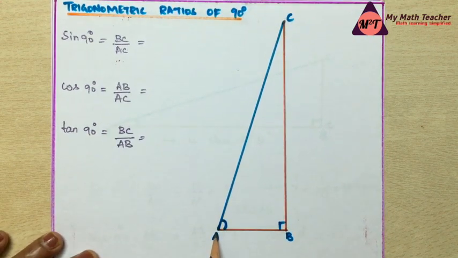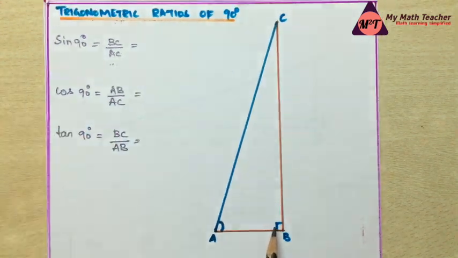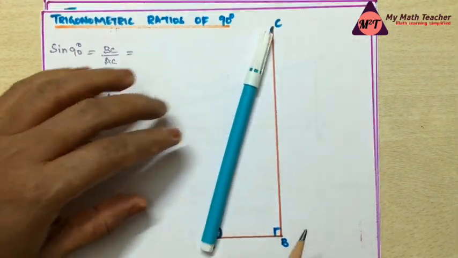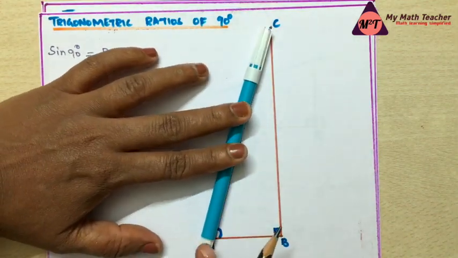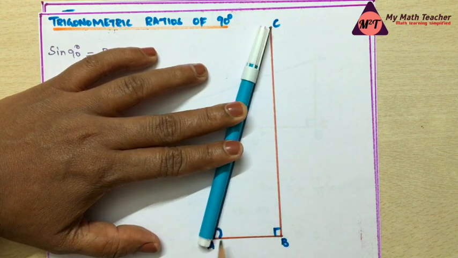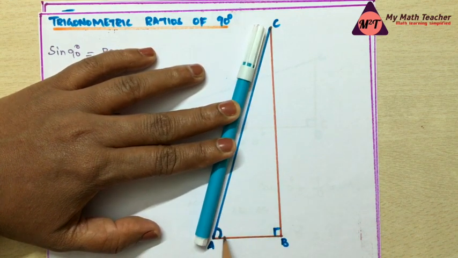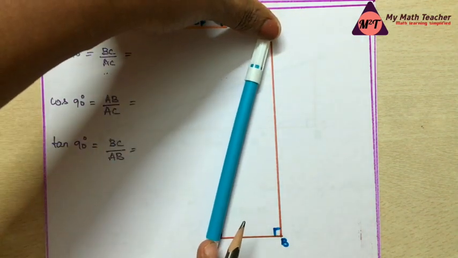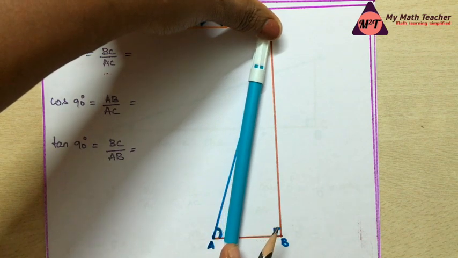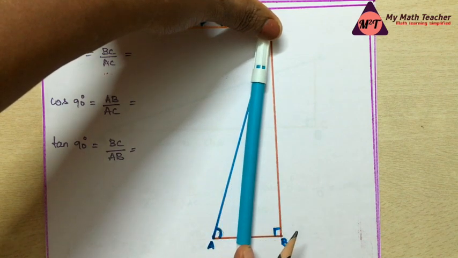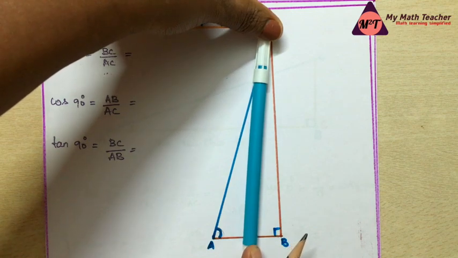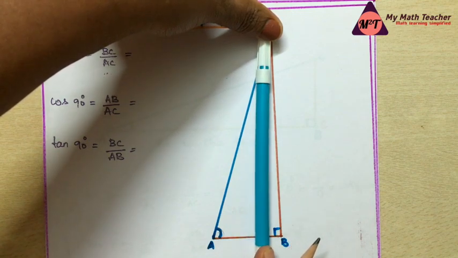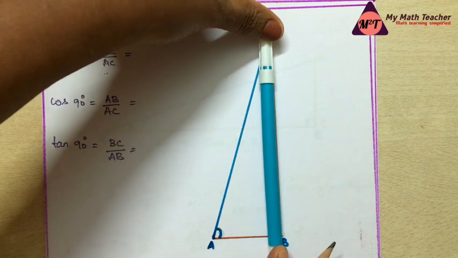So similarly, we can consider this triangle ABC, where the angle theta is at A, and the triangle is right angled at B. Now the same way we are going to prove for 90 as well. Consider this hypotenuse, AC. The angle at A is an acute angle. Keeping this at point C, I am bringing A towards B. Slowly the angle increases. From acute, it is slowly becoming 90 degrees.